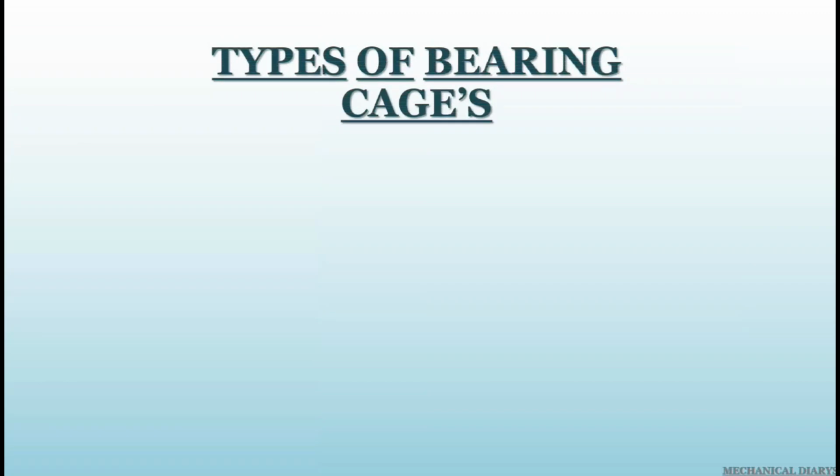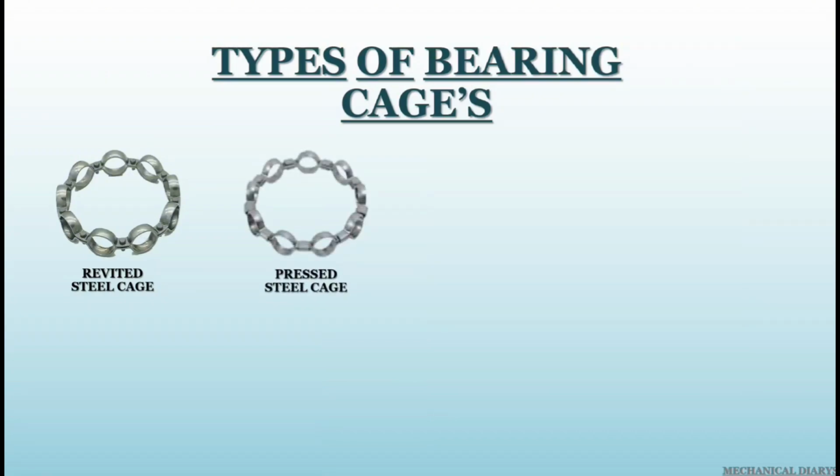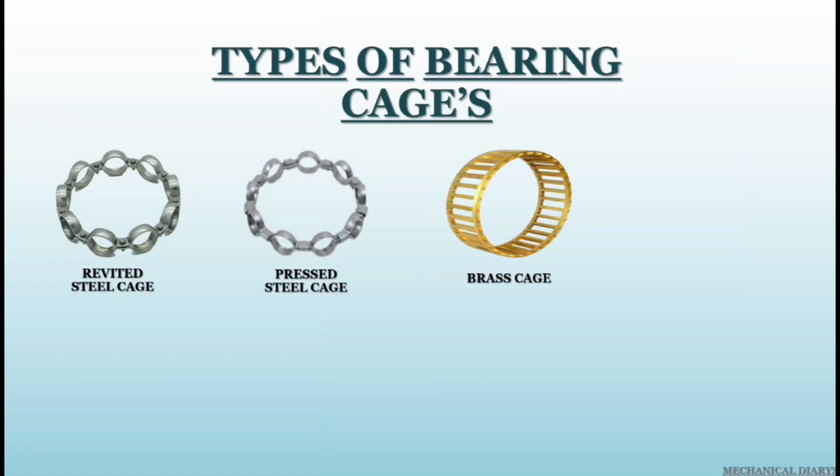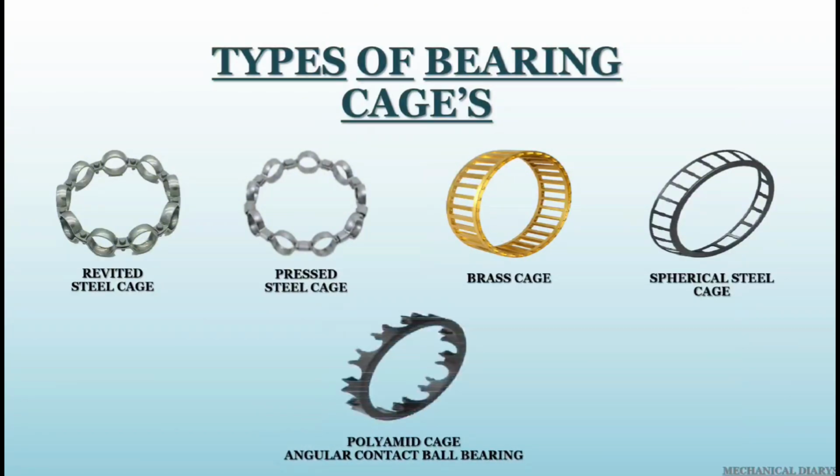Finally we'll see types of cage. The cage is an important component of a rolling bearing. It keeps the rolling elements apart to prevent mutual contact between element and raceway, and it keeps the rolling elements evenly spaced. There are many types of bearing cage available, but here I will show you some important ones: riveted steel cage, pressed steel cage, brass cage, spherical steel cage, and polyamide cage. Polyamide cage is mostly used in angular